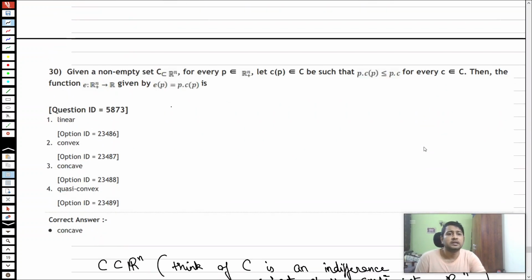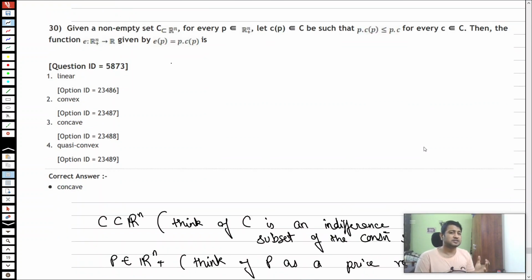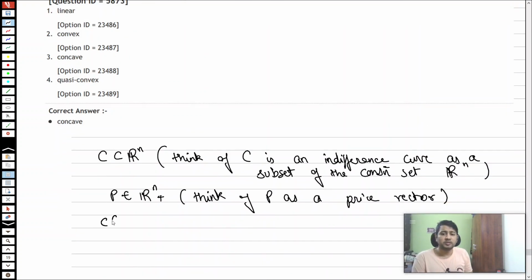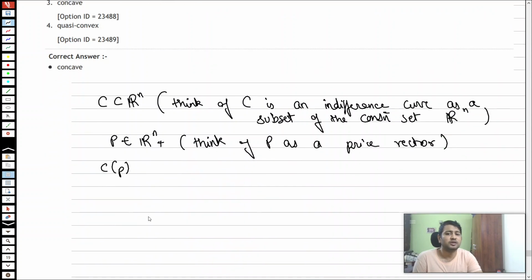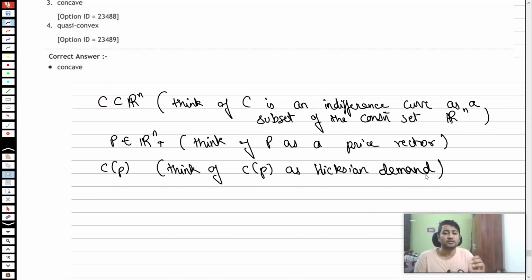Then what they say is for every P there exists a C of P such that P dot C of P is less than or equal to P dot C for every C. So think of C of P as a Hicksian demand, and E of P, which is equal to P dot C of P,